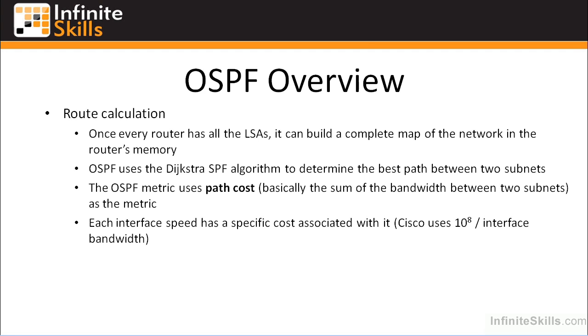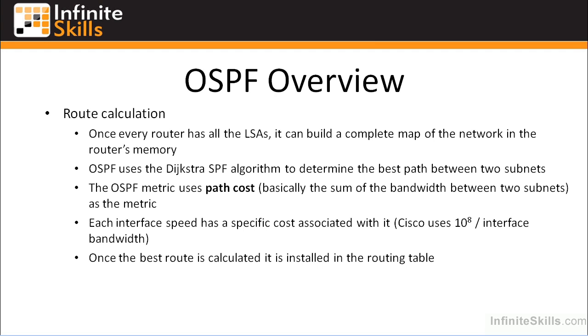Each interface speed has a specific cost associated with it. Cisco uses 10 to the 8th power divided by the interface bandwidth. And as you can see by that basic back-of-the-envelope math calculation, higher bandwidth speeds result in lower metric scores. Like everything else, lower is always better. Once the best route is calculated, that best route is installed in the routing table, but kind of like EIGRP,